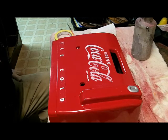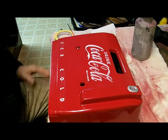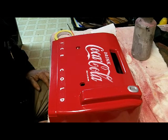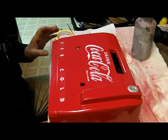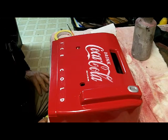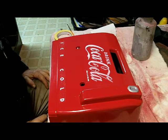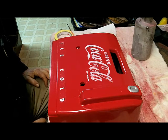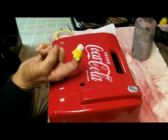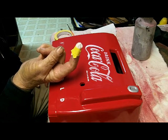Okay, I'm working on Coca Cola Radio number 2. On number 1, I wasn't real pleased with the painting I did on those raised letters there that say Drink Coca Cola. I have a friend that restores and collects license plates, and I asked him what he did, and this is his technique. Take a little piece of t-shirt material, put it on your finger, wrap some tape around it, and then